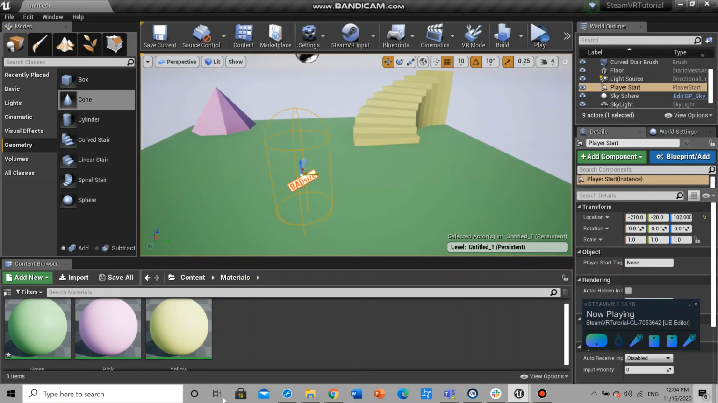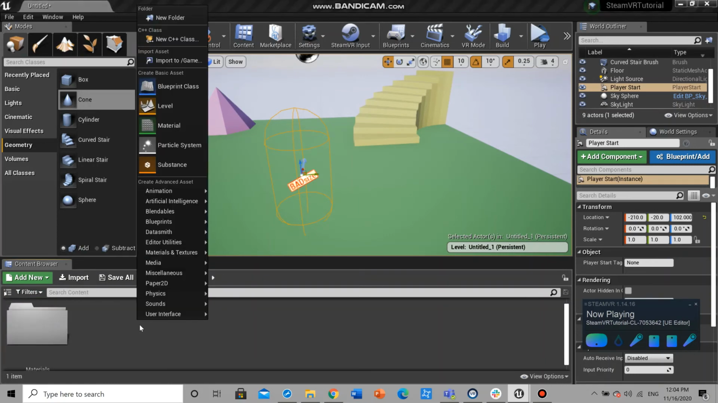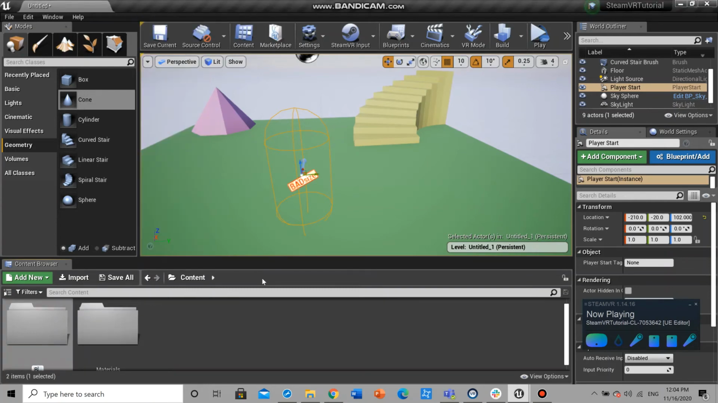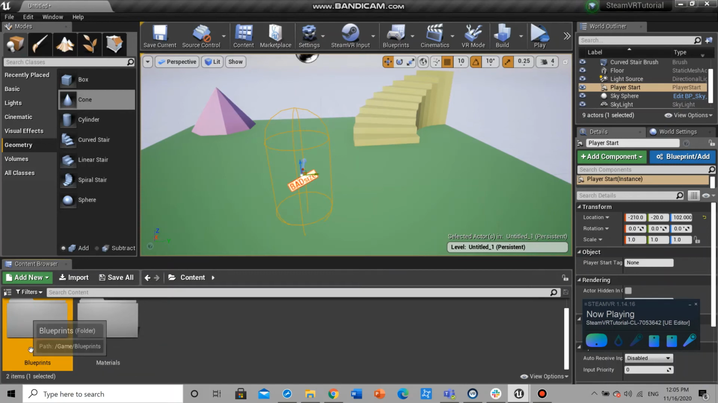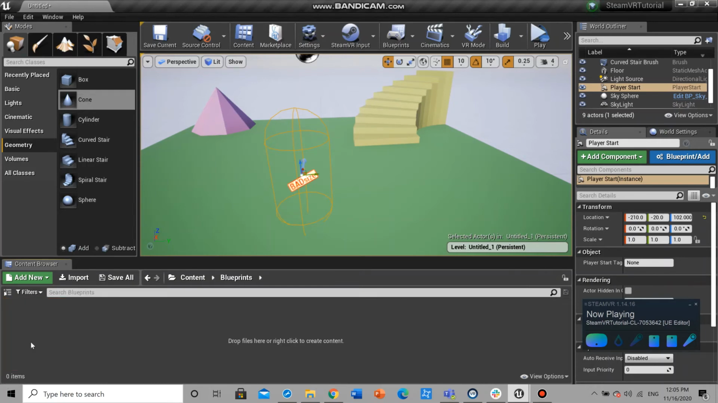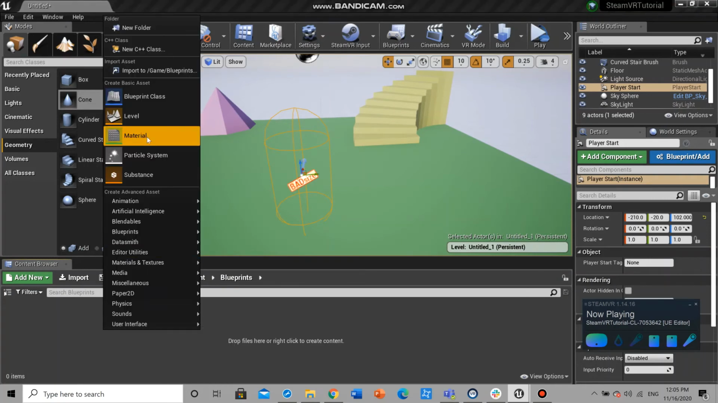So now let's set up the camera. For this purpose, I'm going to go here, create a new folder. Let's call it blueprints. Now it is very important to make everything organized, because when you have a lot of stuff in your game and your project, it would be hard to follow all of this stuff. So open it and then select